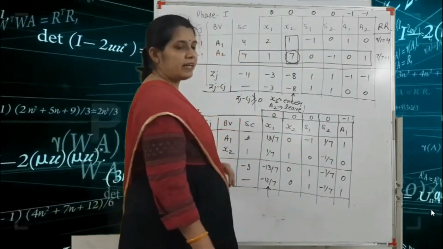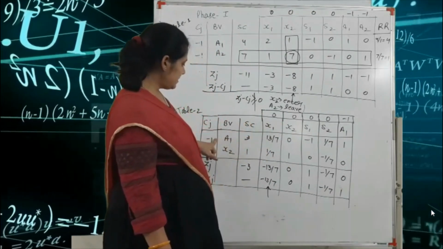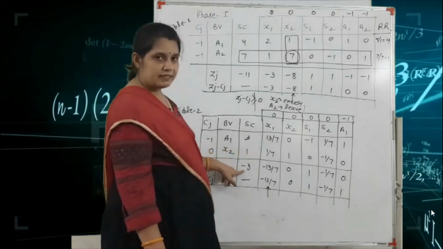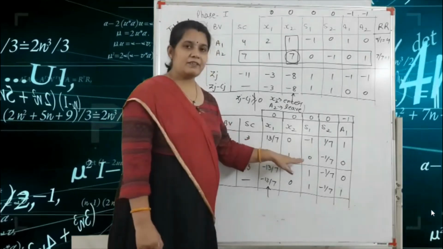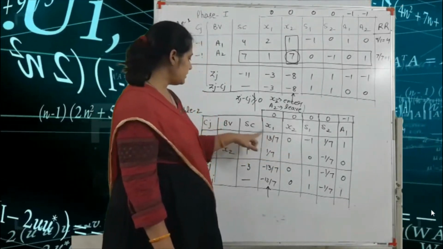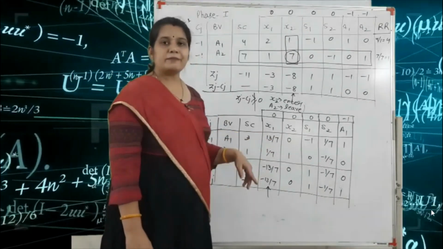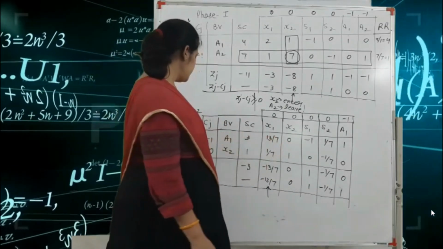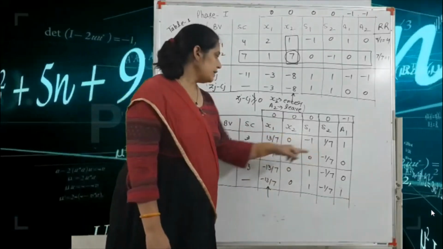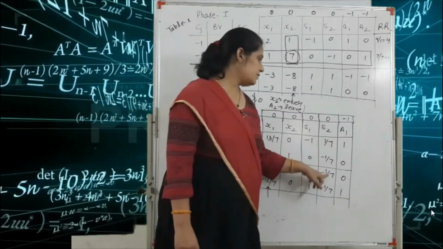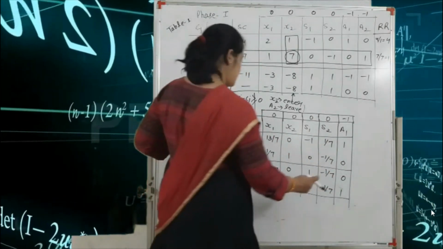Okay. So next we find the value of the Zj. So value of Zj, that means what? 3 into minus 1 plus 1 into 0, that means minus 3. So here is the 0 coefficient. So all this multiplied by the value is equal to 0. So we write only this multiplication. 13 by 7 into minus 1, that means minus 13 by 7. 0 into minus 1, that means 0. Minus 1 into minus 1, that means plus 1. 1 by 7 into minus 1, that means minus 1 by 7. And 1 into minus 1, that means here we write the minus 1 value.